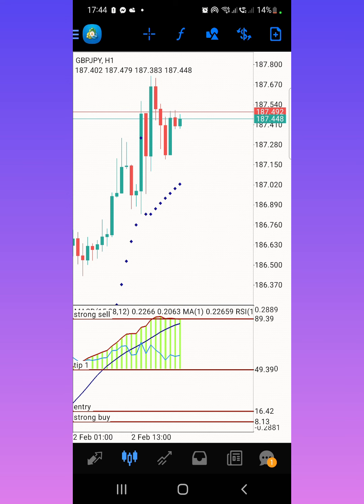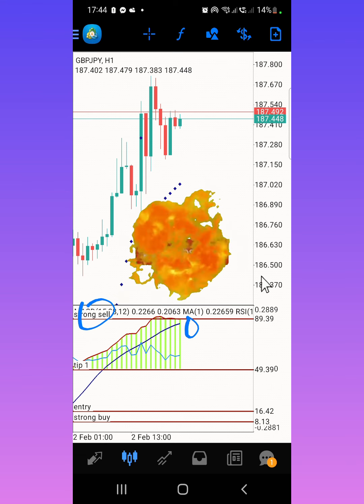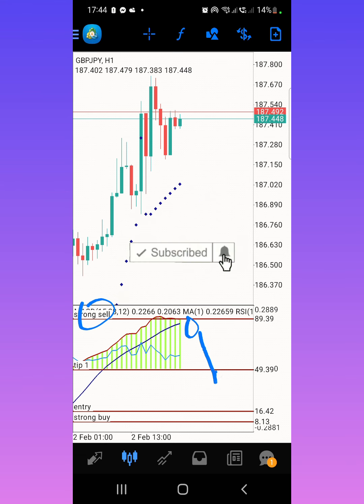Right now you can see that from this level here, 89.39, it's a strong sell. As you can see, the strategy says that you sell here all the way to this point here. It's going to be your first take profit, and your last take profit is going to be this point here. Just use these two. Your last take profit is right here, because as soon as the market reaches here, it's going to come back